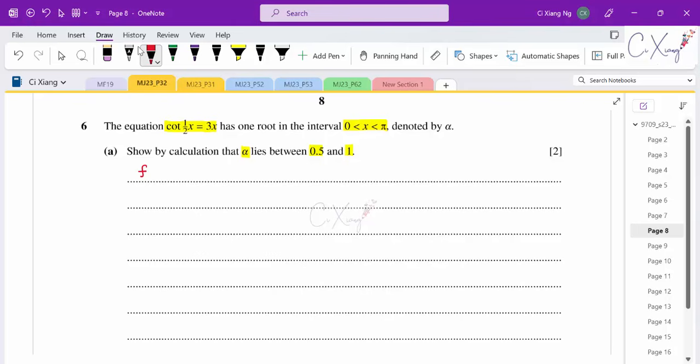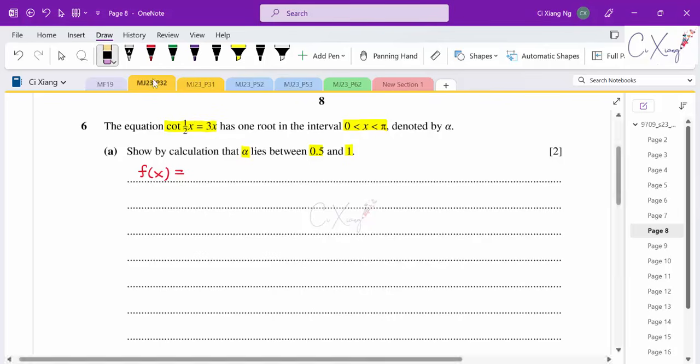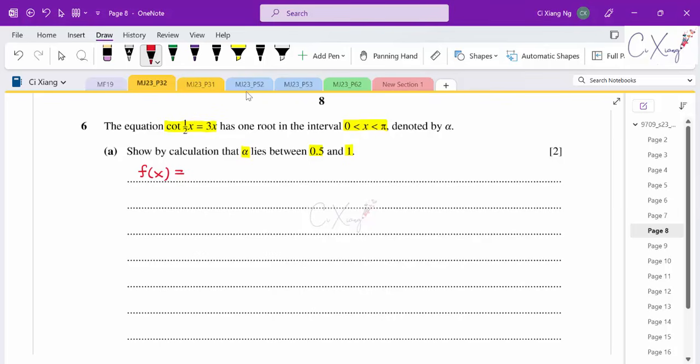So to get the expression, I will let f(x) equal, and move everything to one side. You can move the 3x to this side, or cotangent half x to the other side. For me, I will write it this way: 1 over tangent half x, which is cotangent half x, then minus 3x. Then to prove that alpha lies between 0.5 and 1,